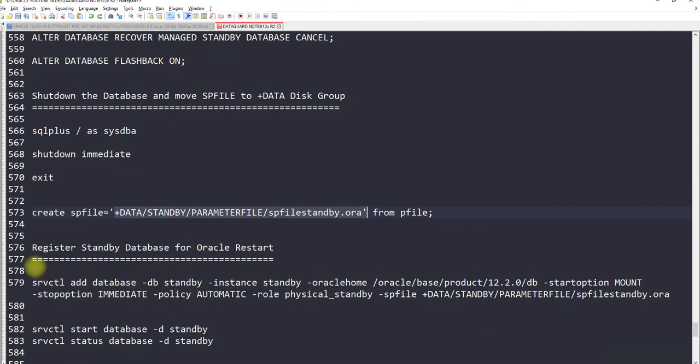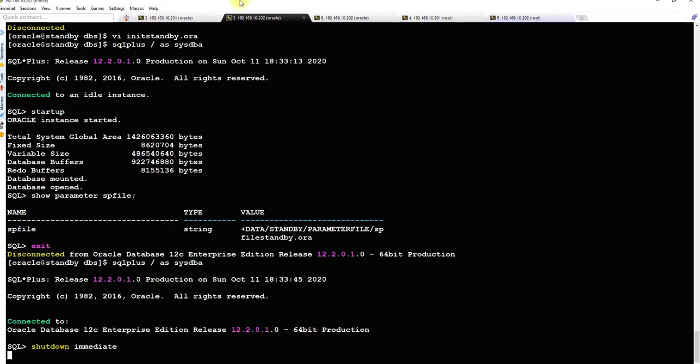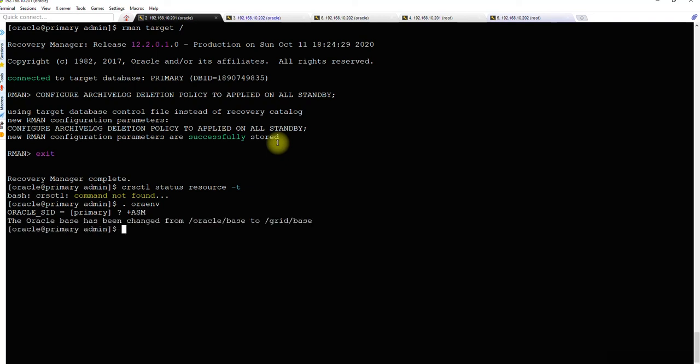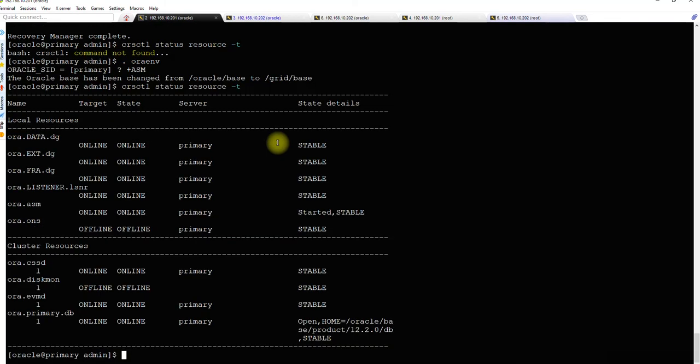After that, we will be registering this database with Oracle Restart, because when I run this, crsctl status resource -t, for that you have to use ASM and run this.